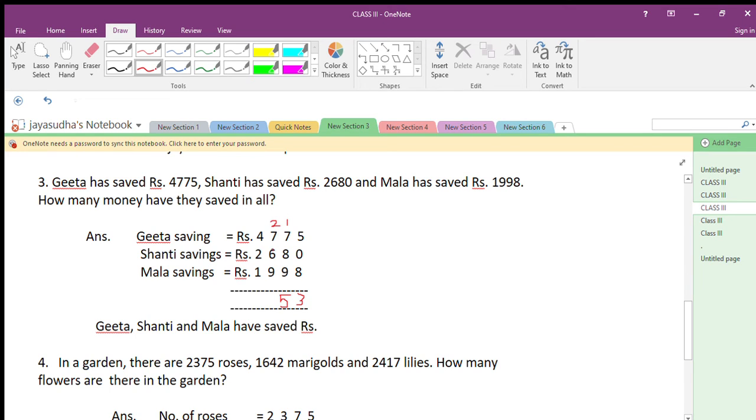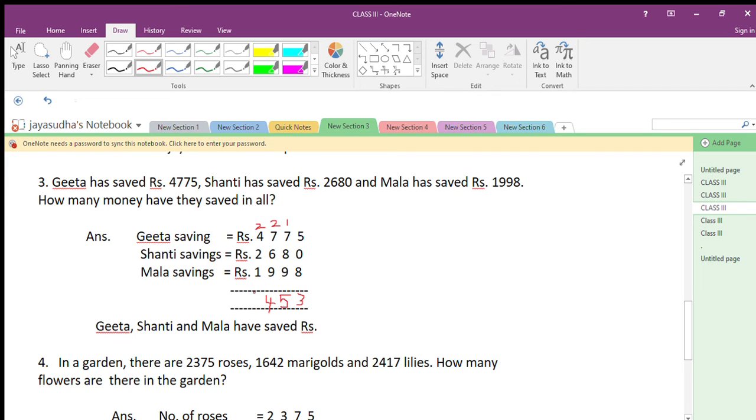Now 9 plus 6, 15. Good. 15 plus this 7, 22. 22 plus this 2, 24. So you want to write 4 only here. Again 2 carry to the next column. 1 plus 2, 3. 3 plus 4, 7. 7 plus this 2,